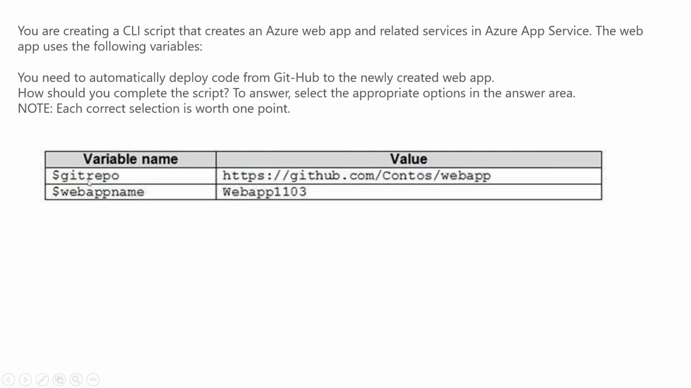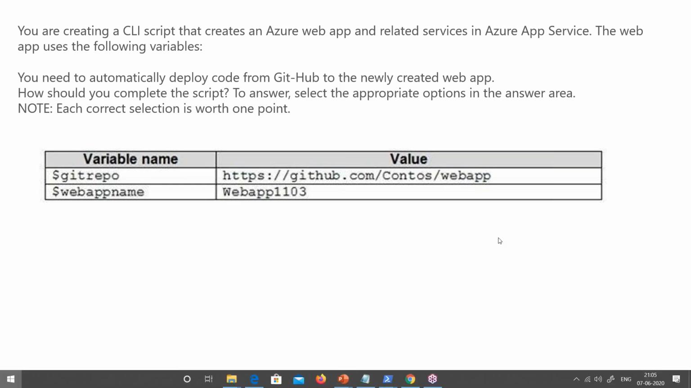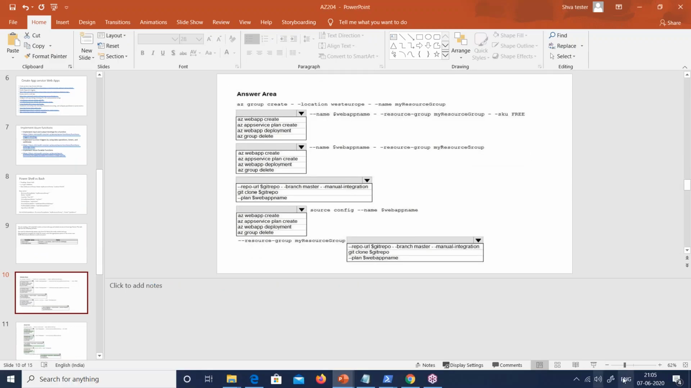So there are 2 variables out here. One is a Git repo, right? And another one is the web app name. So we have a Git repository. So probably this Git repository has a web application and web app, right? Now, the question here is that you want to automatically deploy the code from GitHub to the new web app. So the goal here is the following. So basically, the intention here is,